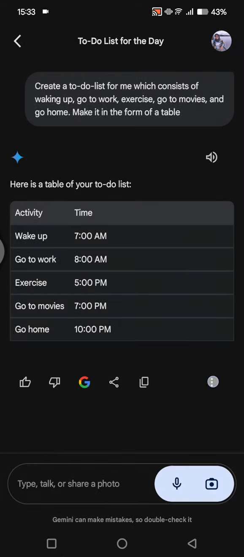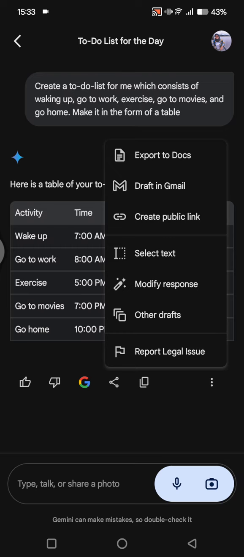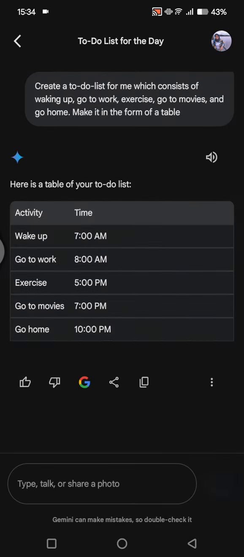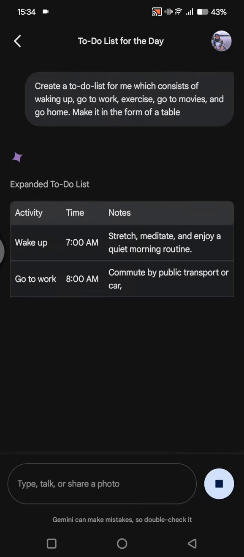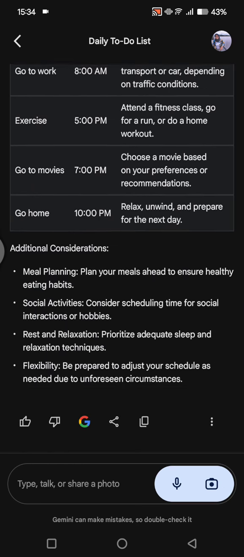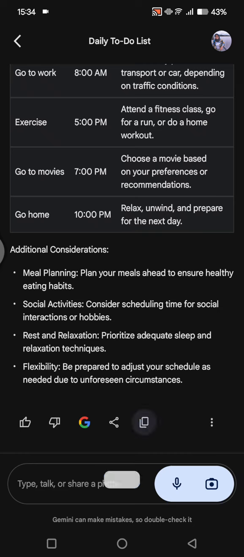And if you want to share it to Google Docs, you can click on the three dots icon and export it to Google Docs. You can also share it by creating a public link. Here you can also modify the responses. Here you can make it longer, for example, or more professional if you want to. You can see this is the final result, and you can also copy the result and maybe share it to